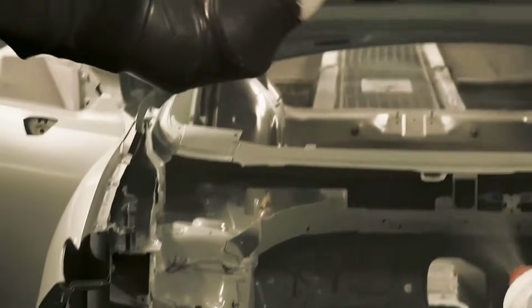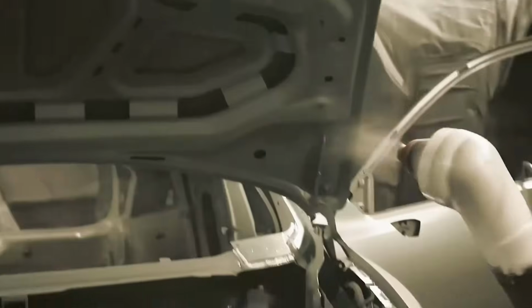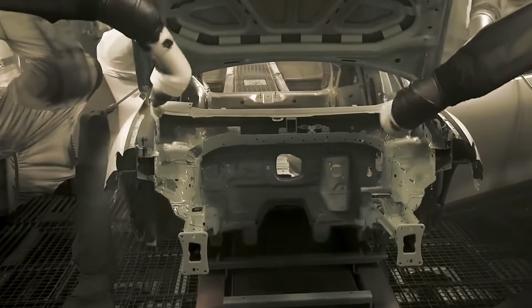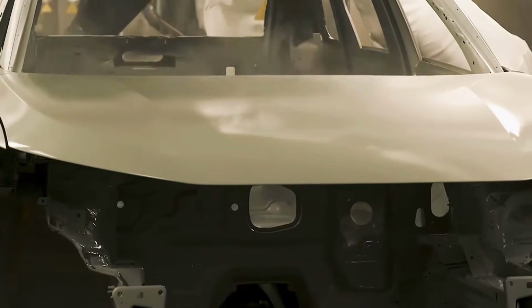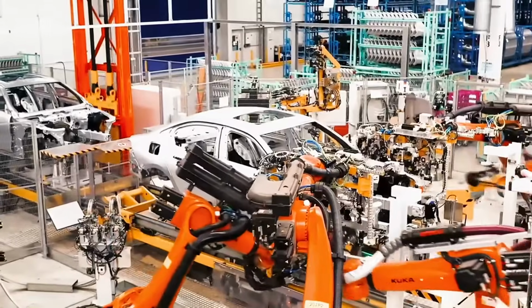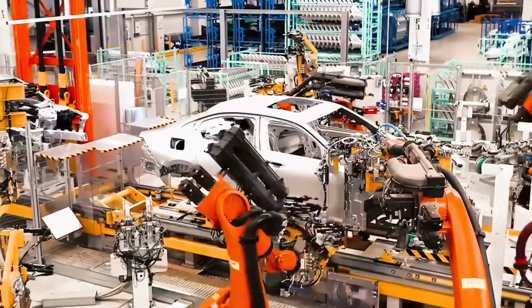Parallel to body production, the powertrain components are being assembled. The Q3's engine block begins as a cast aluminum alloy. Molten metal is poured into precision dies under high pressure, forming the complex structure of the block with integrated coolant channels and bearing seats. After solidification, automated saws remove excess material from the casting gates, and the blocks enter the